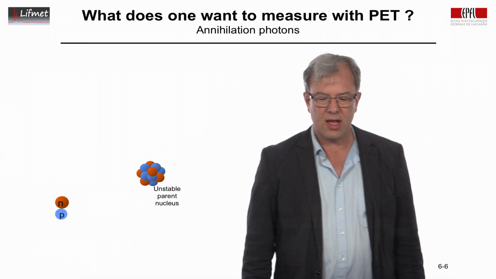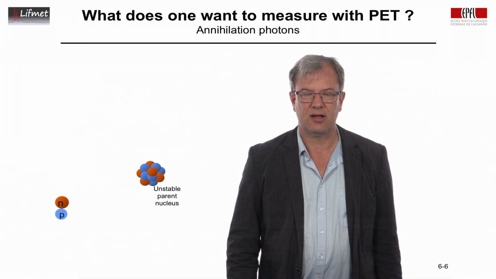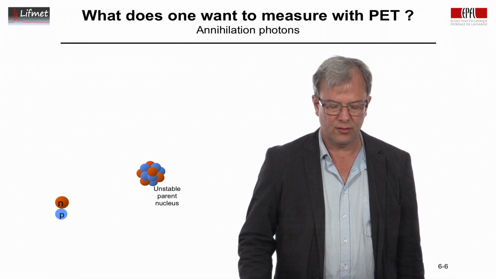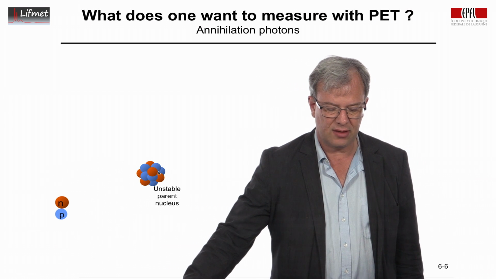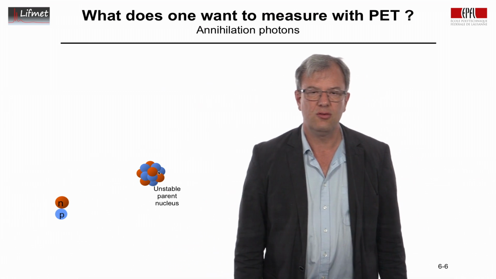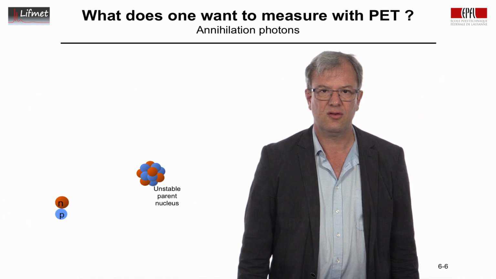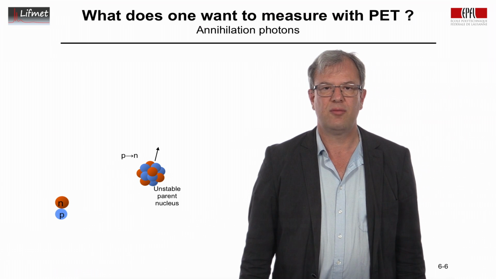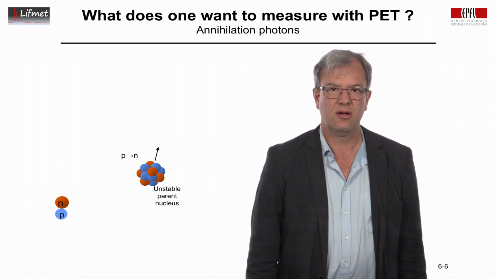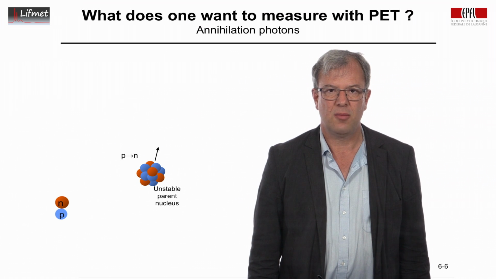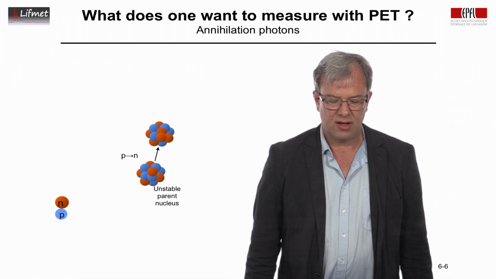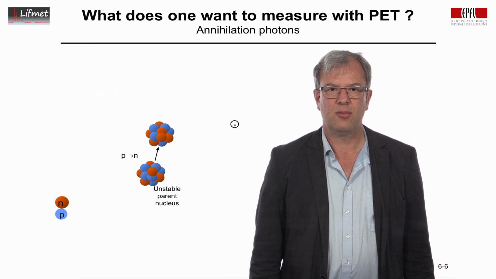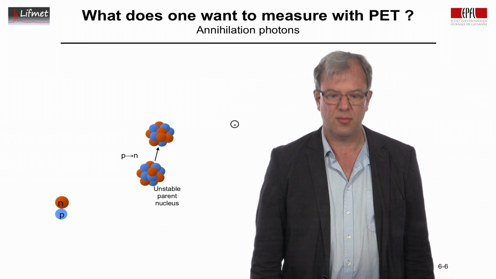So we are looking at imaging antimatter, that is the annihilation of antimatter with matter. So what is going on here? We have the unstable parent nucleus here. We have in red the neutrons and in blue the positrons. And now when this unstable nucleus decays, there is a conversion of a positron to a neutron. So we're changing the charge by -1. We'll have a different charge. We have charge conservation. So we will have this positive charge emitted from the nucleus in the form of a